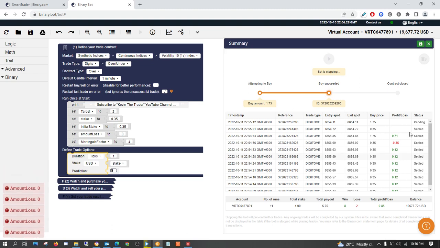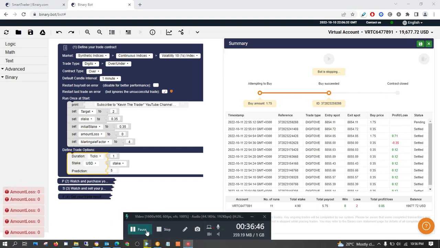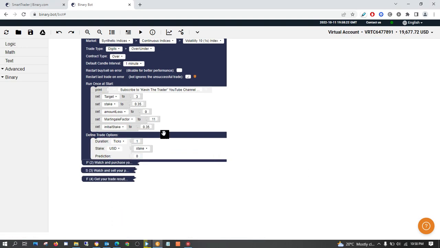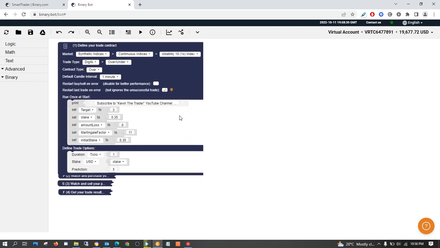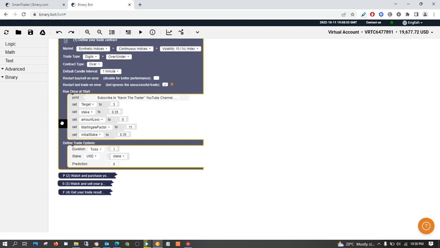I'm just going to pause this video so that I cut here. Yes, now we're going to do a prediction of 5. So that's the way you can now test this bot if you have a smaller account or if you have a larger account.